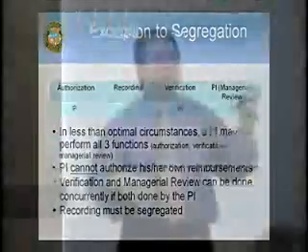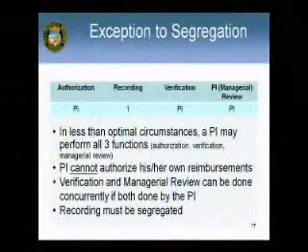And what it is that the PI cannot record their own transactions. And I hope that that's not happening on this campus. Once you get to that point, your segregation level is kind of destroyed because they are the only person who can authorize. So you can't have a situation where they're authorizing and recording at the same time. So anyway, this chart hopefully will help demonstrate that the PIs have the ability to do a lot of things, but they can't record.